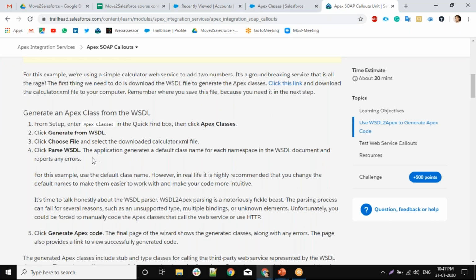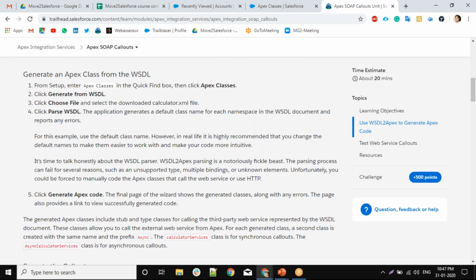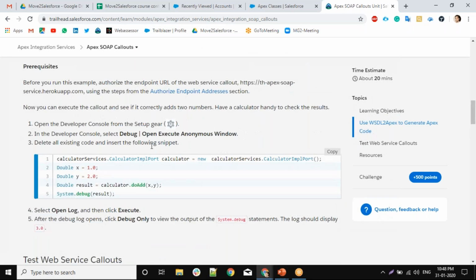Here you can see the application generates a default class name for each namespace in the WSDL document and reports any error. So if there is any error, it will report it, and it will generate a default class for that WSDL. Okay, that class you can use.